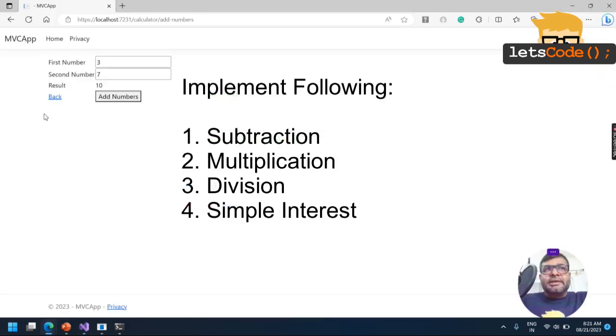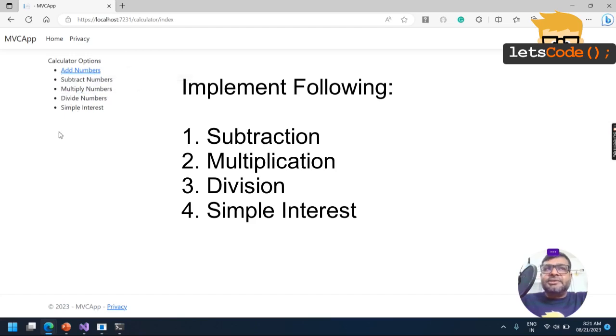For you, the task is to implement subtract, multiply, divide and a simple interest calculator. One I have done for you. I will upload this particular project so that you can take a reference and implement all these things.